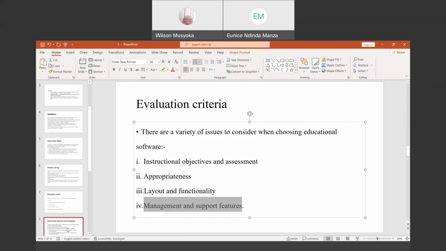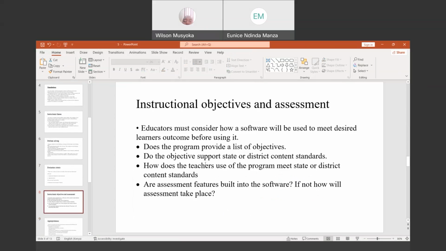So let us look at the instructional objective. You have to consider how the software will be used to meet the learner's objectives. Does the program provide a list of objectives? Does the program support the standards that we talked about, maybe in your district or in your school? Then does the teacher have the program so that it meets those standards? Or how does the user meet those standards? Then does it have assessment features which are built in,